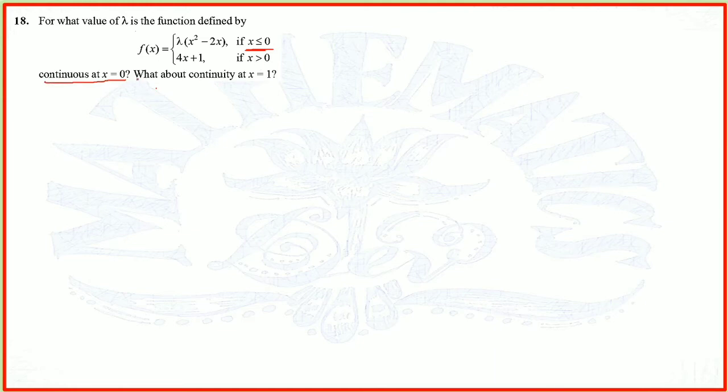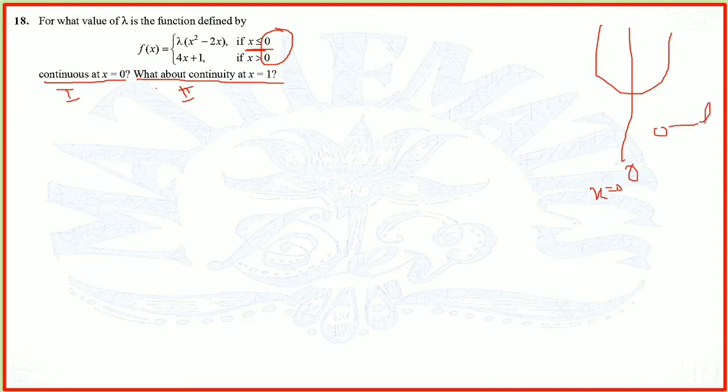Now here we have two parts of this question, first part and second part. First I discuss the first part. The function is already continuous at x equal to 0. Now look here, this is the turning point of the function, it turns at 0. So this is x equal to 0, with 0 minus h and 0 plus h on either side. These are the two things we need to keep in mind.